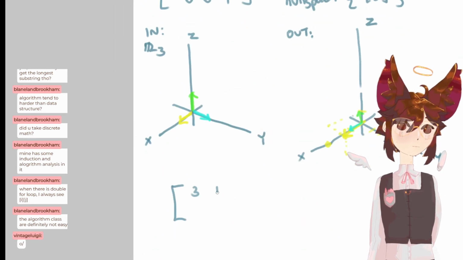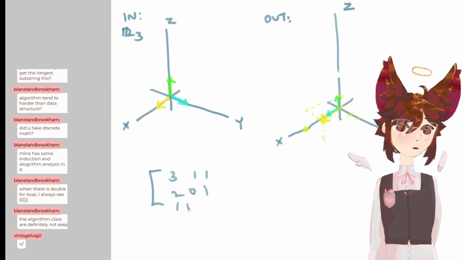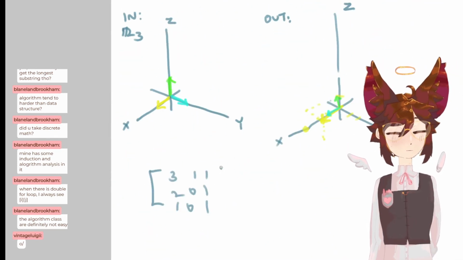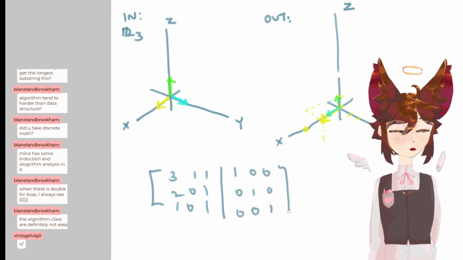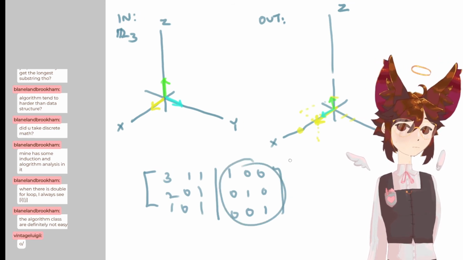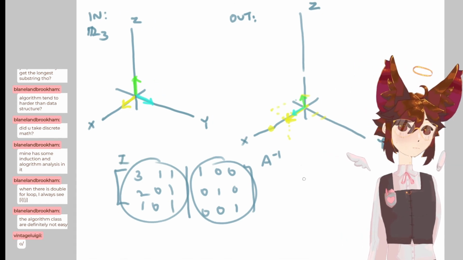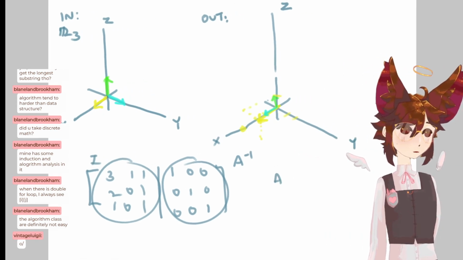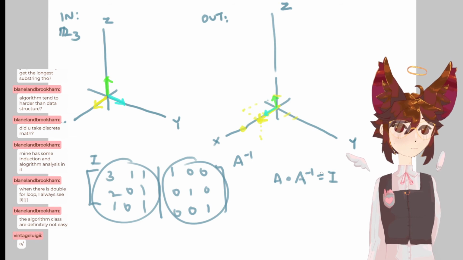But the abridged version of this story is if you take the matrix and while you're row reducing it, you plop on an identity matrix on the right side and you also do the row operations on that, then the thing on this side will become your inverse, so A inverse, and the thing on this side will become the identity matrix. Because the definition of an inverse matrix is A times A inverse equals the identity. So for this to be true,